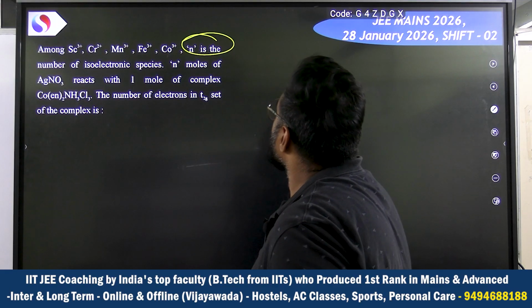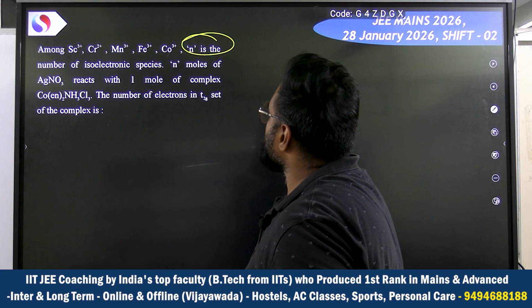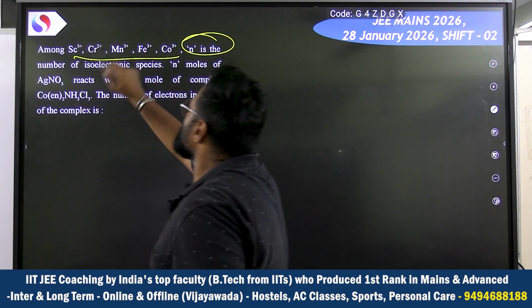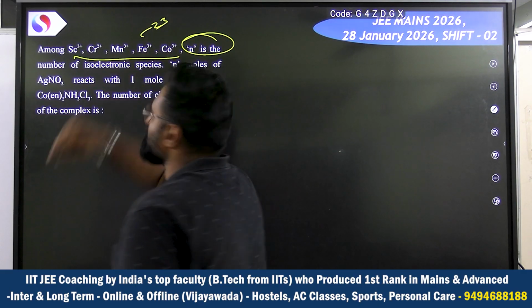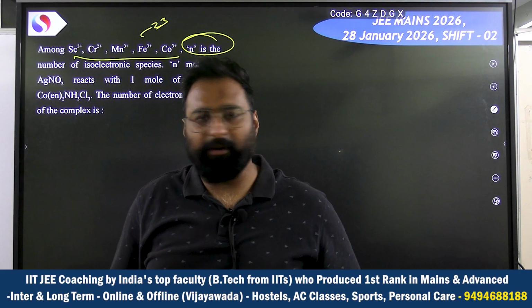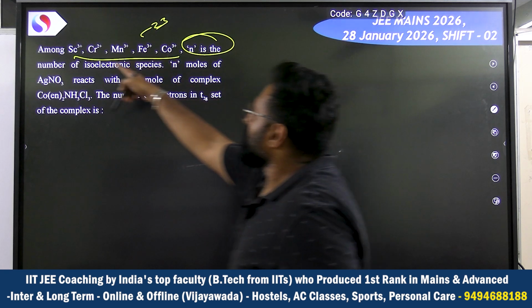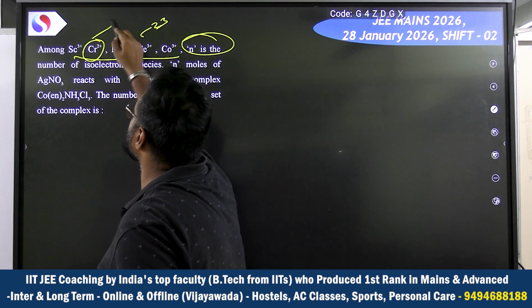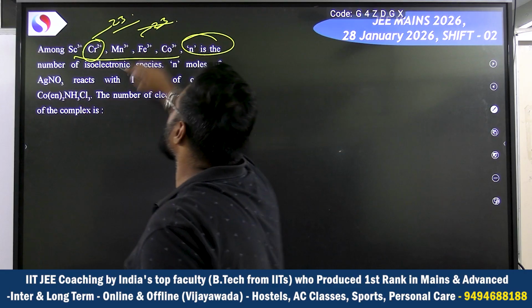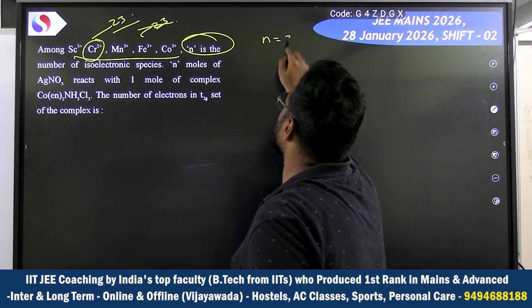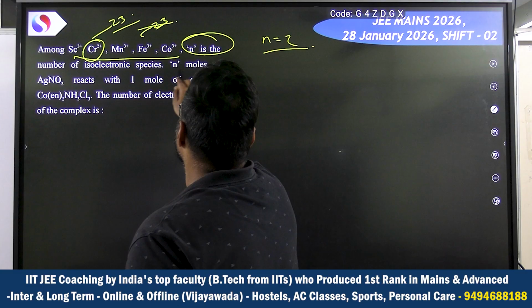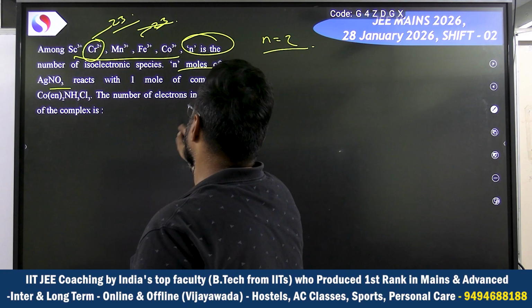Isoelectronic species. N moles of AgNO3 react with... Chalo, in the following, which is isoelectronic? So dekho, 26 with 3 electrons removed will be 23. Chromium is 25, 2 electrons removed, so it will be 23. So these are 2, so N is equal to 2. So 2 moles of AgNO3 react with the complex